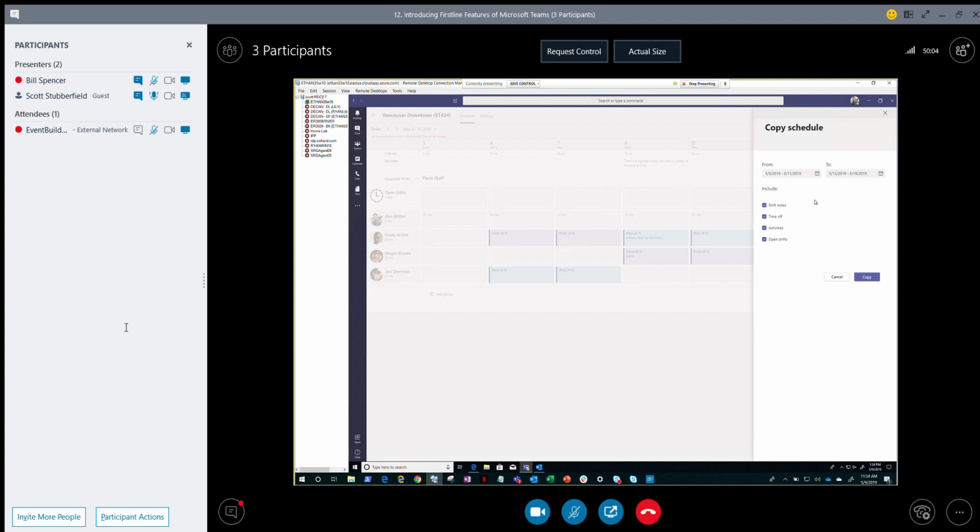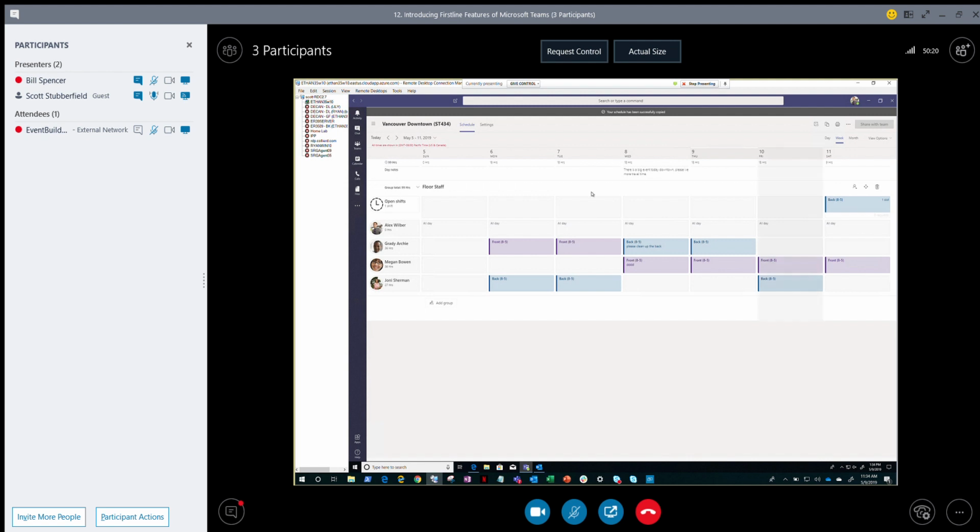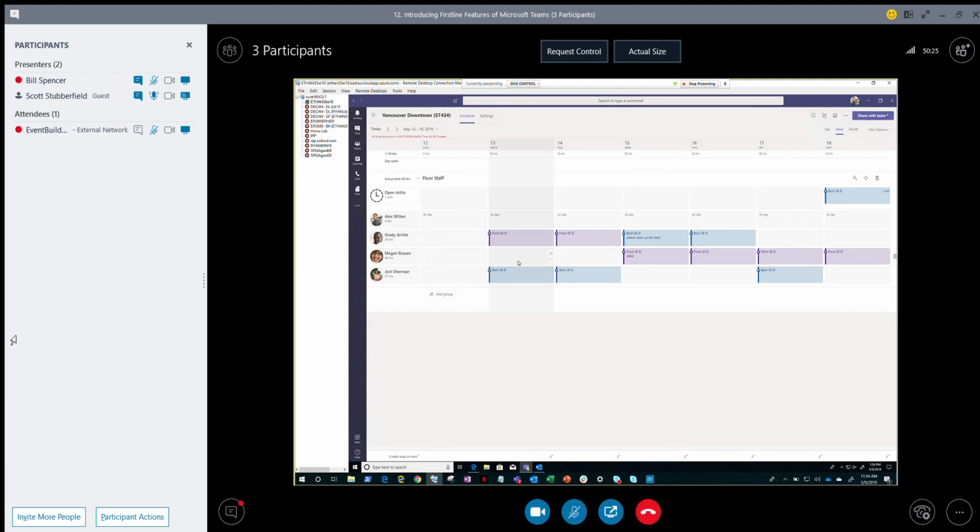And then I get to choose which features of that schedule that I've created that I want to copy forward to that date. So maybe shift notes doesn't make sense, or activities or different open shifts. I get to pick and choose basically what I want. So for now, I'm just going to copy over everything. And so if I jump through to that next week, you can see that those schedule settings that I